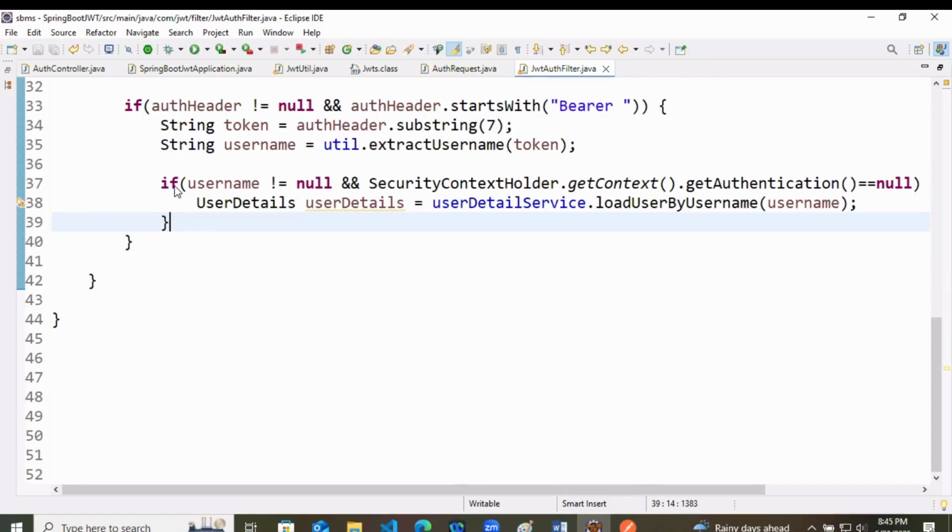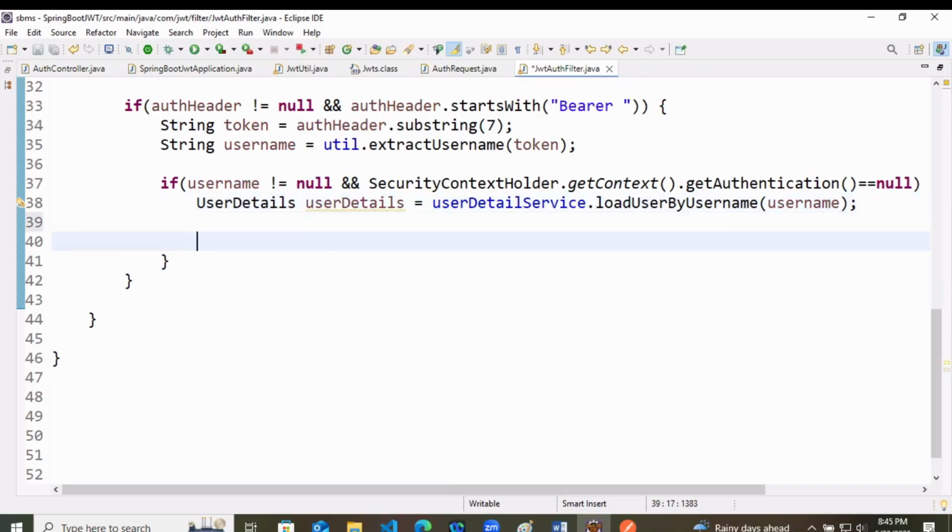Now inside this, we can check one more thing: whether the token is valid or not.